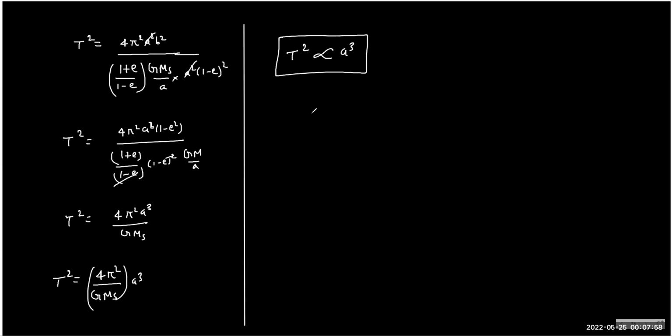So do we really need to prove this at length? The answer is no, of course not. This is not required. But you can prove this for a circular path, which is very easy. When you try to prove it for a circular orbit, you get the same relation without much effort. So that's pretty easy.